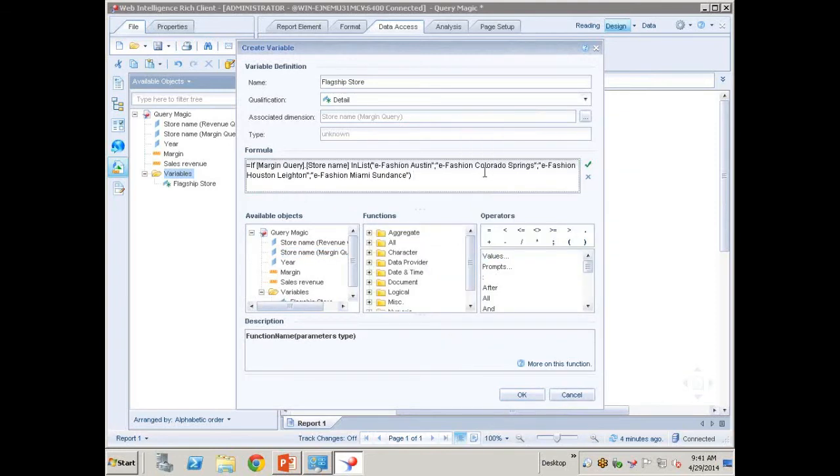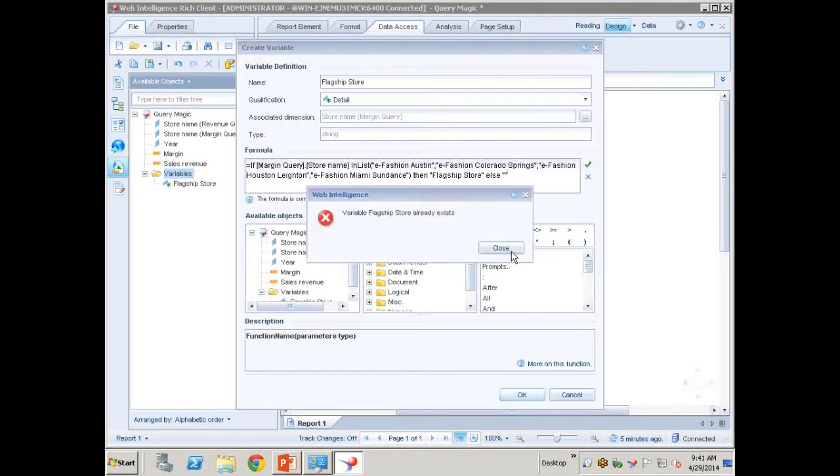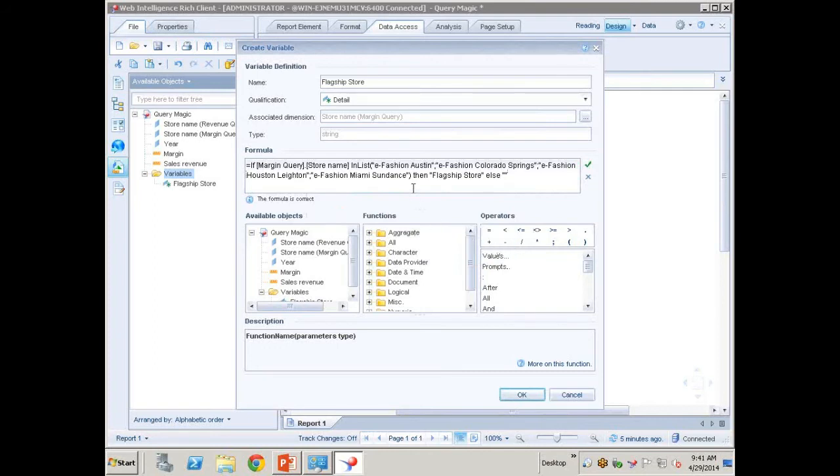In addition to the list of values, we need the result, which the variable is going to produce, flagship store, followed by an else clause indicating what would be produced if the store is not one of these values. So if I check that, then we have the new flagship store variable. It tells me a variable already exists by that name, so we're going to cancel out of this dialog right here. But isn't that great that you can choose the values,